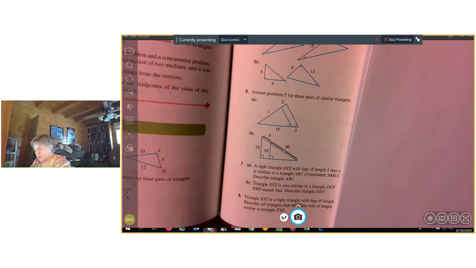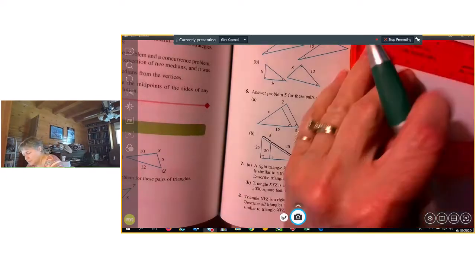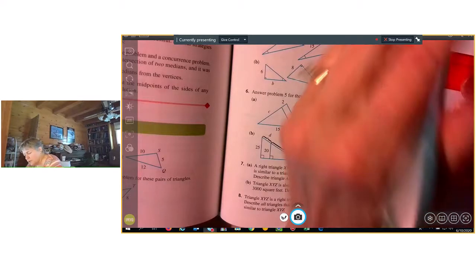Sorry, I'm going to use my protractor now. So we have a triangle